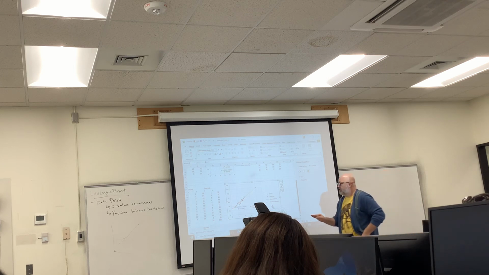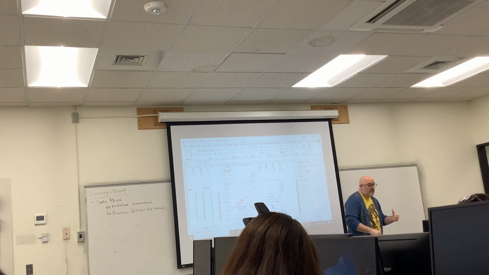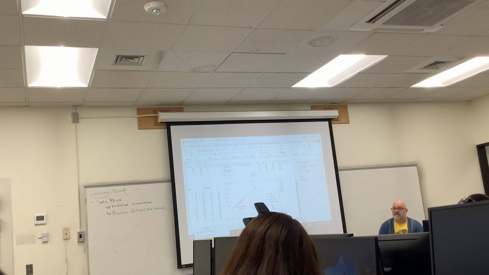This data point has the ability to alter my trend line significantly by just shifting that data point a little. So, look at it right now, we're sitting at 0.476, we're very close to the same equation, right? And we have an R squared value. Now, what if I take this to 140? My slope has increased by almost a full point. My intercept has decreased by 5 points. My R squared actually is better